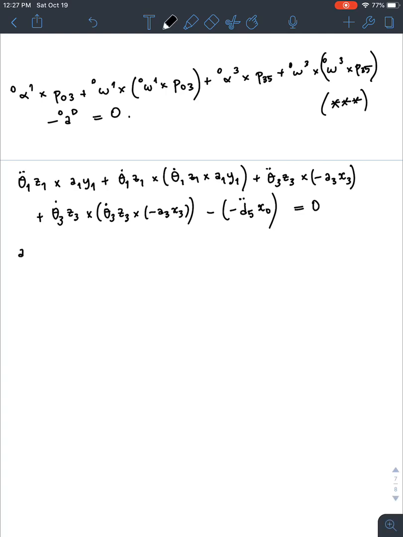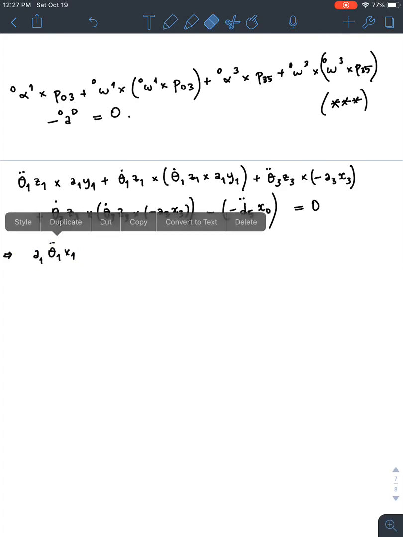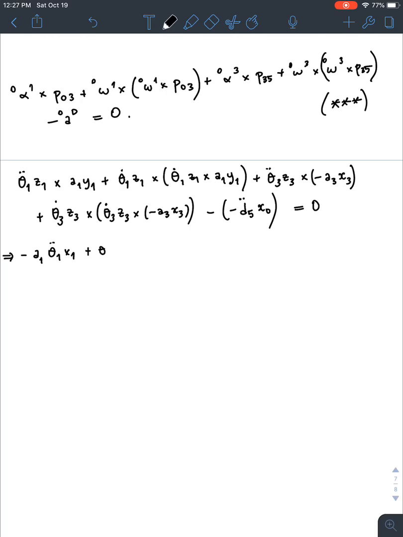So now I can put this a1 theta 1 double dot x1 with a negative sign, of course, that I'm missing. Plus angular velocity theta 1 dot z1 cross z1 cross y1 is again negative, so this is minus a1 theta 1 dot squared in the x1 direction, plus